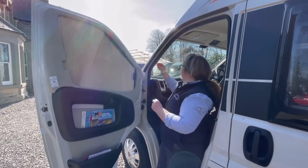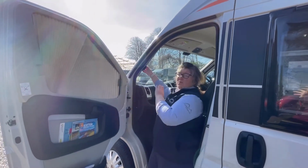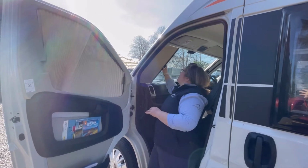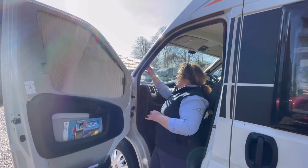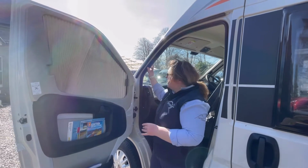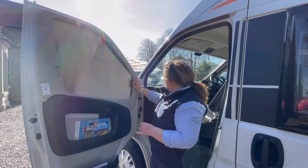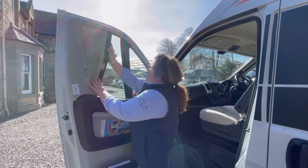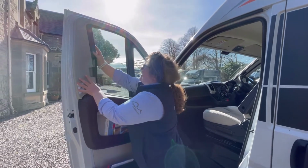We also have windscreen blinds. There's one on the driver's side and they just go over like that. To close them, just make sure when you come in you hear this nice click, and that's them secured. And with these ones again, you squeeze that and guide them gently back on the rail, and again a nice clear click,